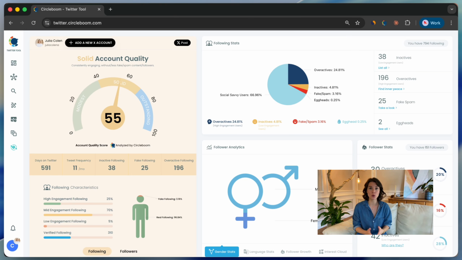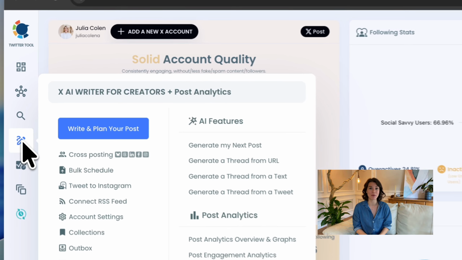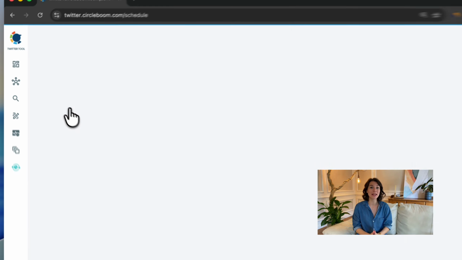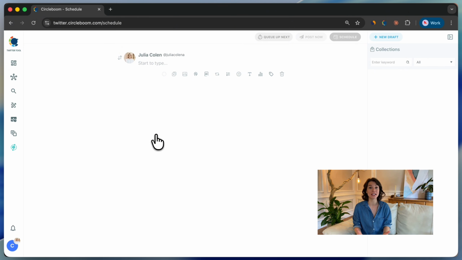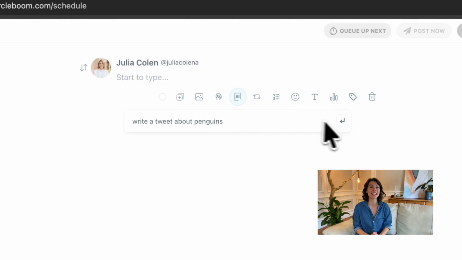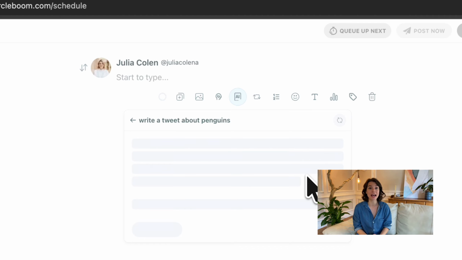First, open Circleboom Twitter and click X Post Planner plus AI Writer from the left menu. Then select Write and Plan Your Post to start creating a new tweet. Then write your tweet in the editor. You can type it yourself or click the AI Writer button and let Circleboom generate a tweet idea based on